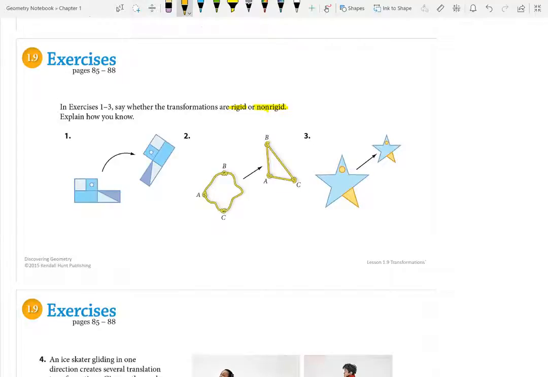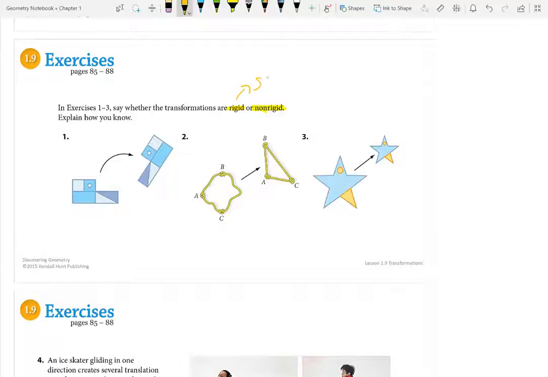So rigid transformations simply mean that you're going to maintain the same size and shape. And non-rigid will change size and shape. So for example, this one would be rigid. It looks like the object moved and was flipped, but it didn't change size or shape, so it's going to be rigid. For number 2, we can see that we had a